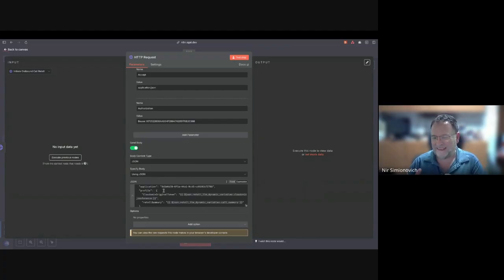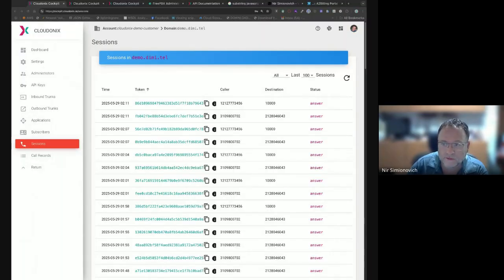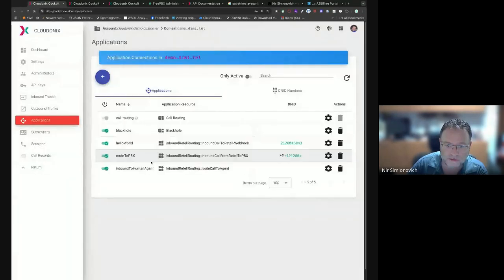Now we're using a Cloudonix application. We created an application on Cloudonix called Inbound to Human Agent. You can see that there is no phone number assigned to it. It just exists.